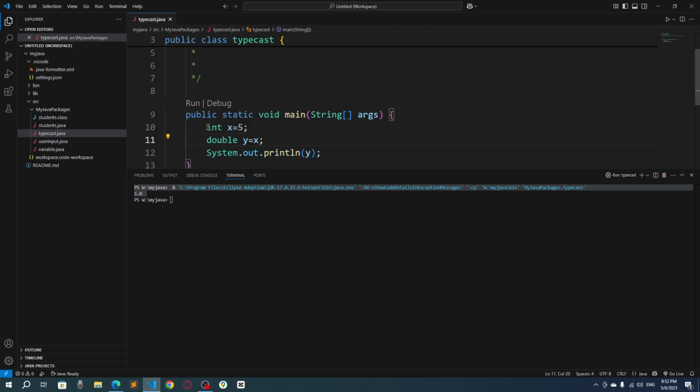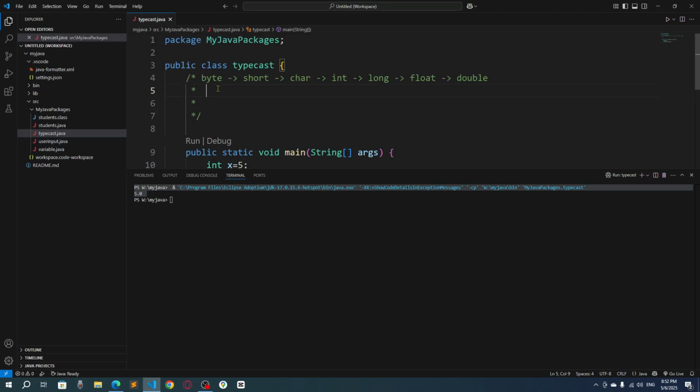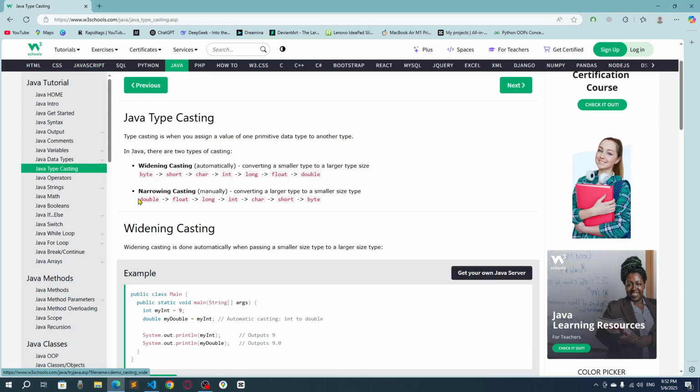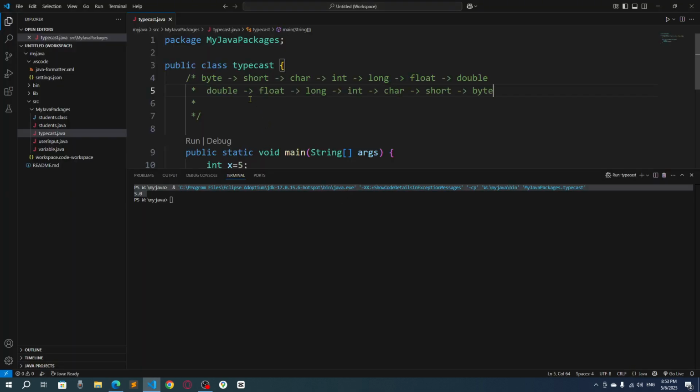It means when you want to typecast a variable from smaller to bigger one, then you can actually go with implicit one. Then you don't need to actually use here any typecasting process. But what about the narrowing casting? I mean here you can see converting a large type to a smaller size type. So when I say this one, that time actually I have to use